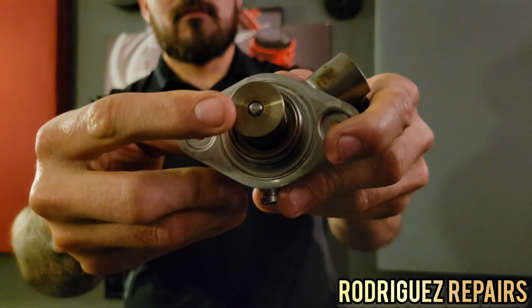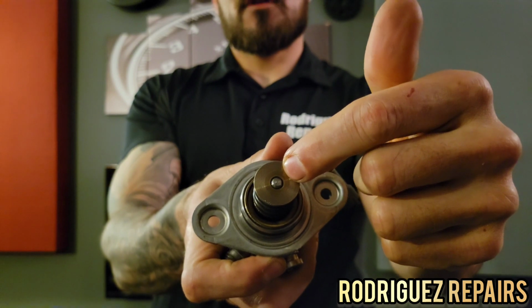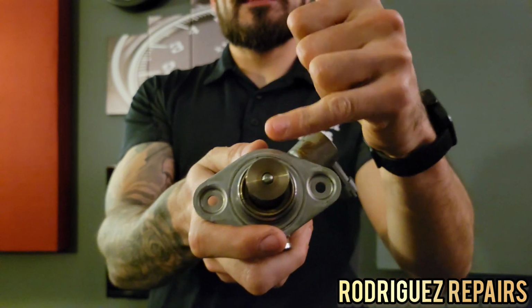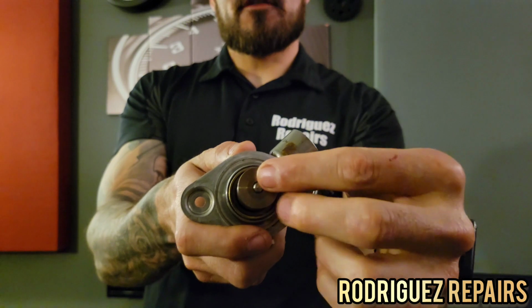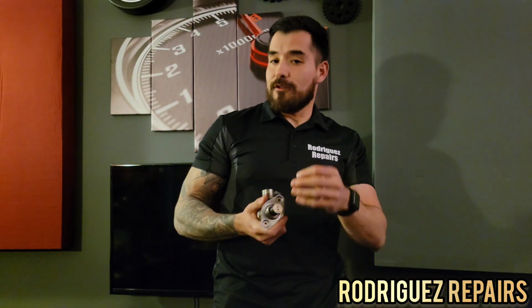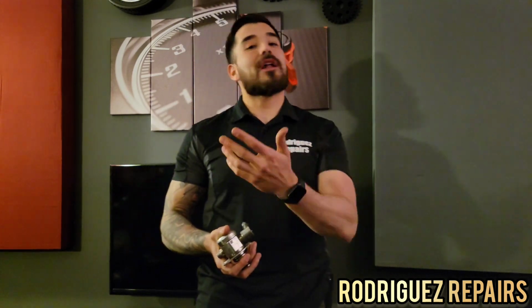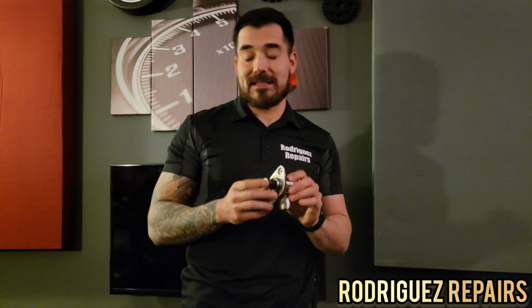Now, what ended up happening here is that there was a leak happening right here. It wasn't the seal. The leak was happening right here. Let me see if I can show you. I was able to smell raw fuel here. What was happening was that the fuel was leaking from here, and there is nowhere else for the fuel to go but into the valve cover, into the crankcase, and then it was being picked up by the PCV, being routed back into the motor and creating this excessive rich